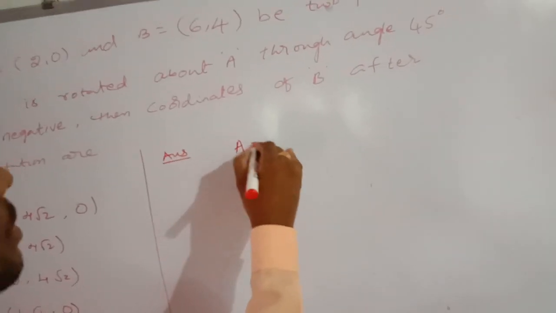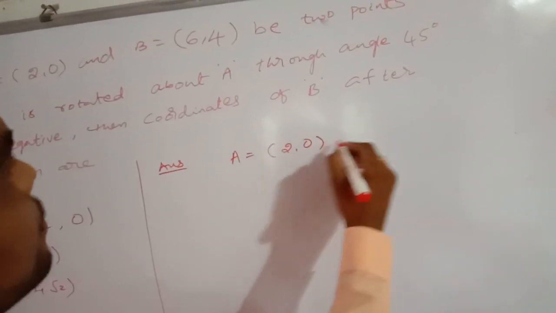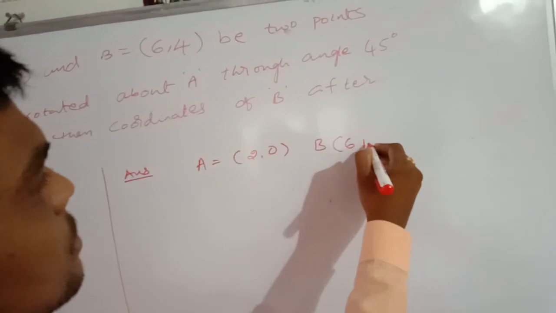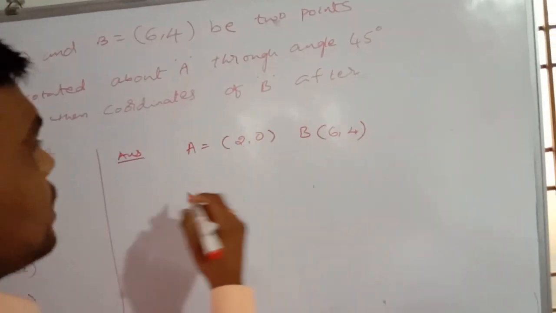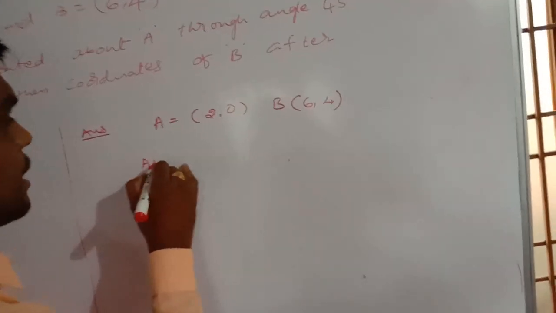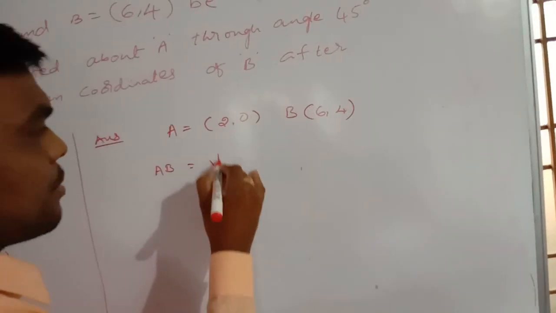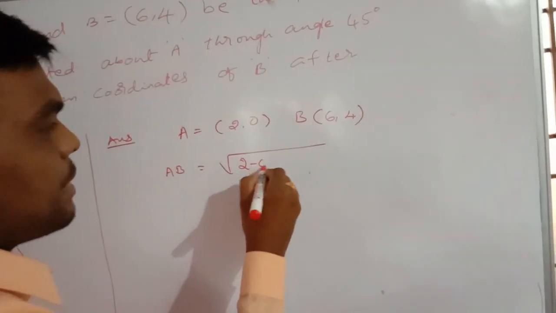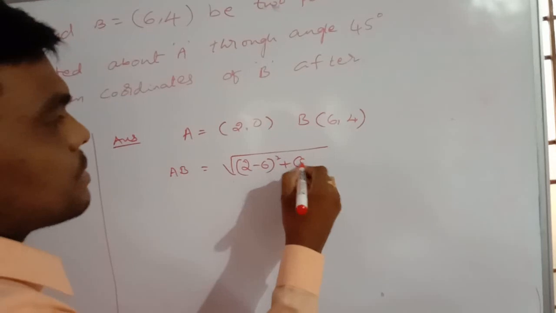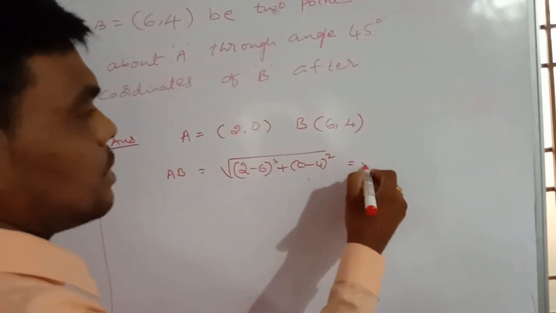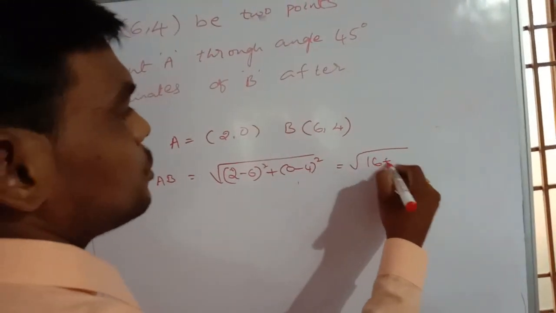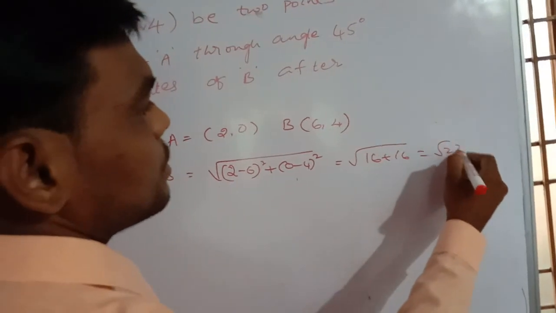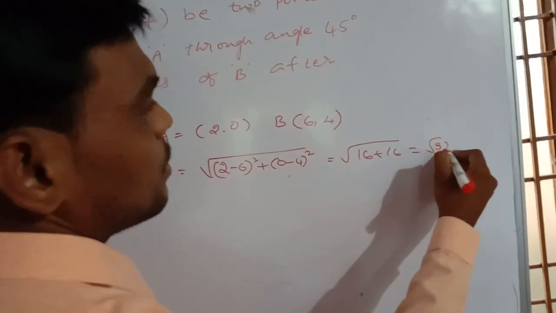let A be 2 comma 0 and B be 6 comma 4. To find the distance between A and B, it is the square root of 2 minus 6 whole square plus 0 minus 4 whole square. This is 4 square, 16, plus 16, which is root 32. Now